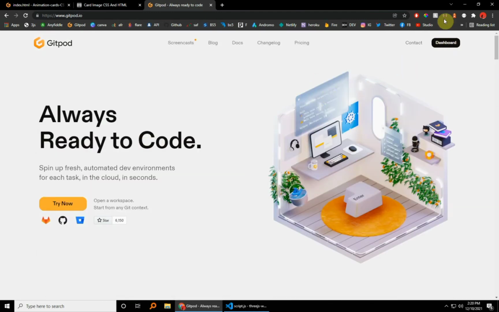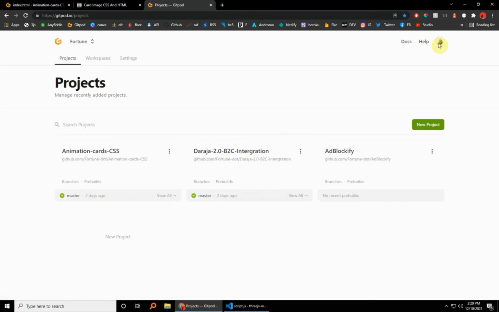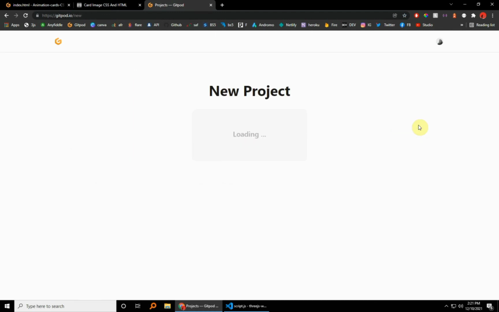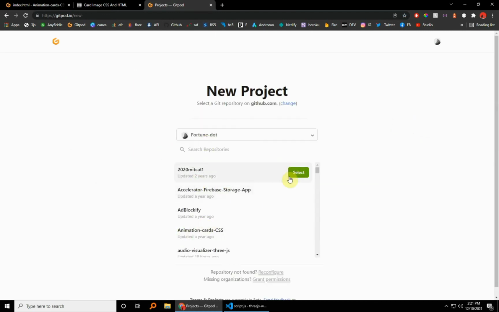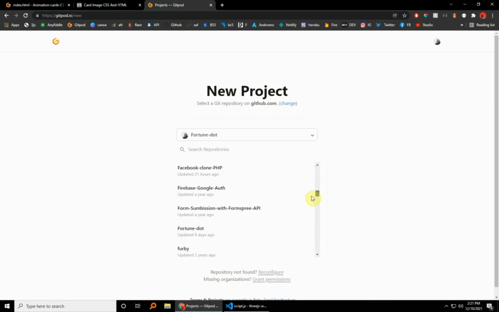So all you have to do is create an account, and once you're done creating your account, you'll have access to a dashboard. And in this dashboard, you will be able to import projects directly from your GitHub after you've connected it. You'll be able to import repositories directly from GitHub and start working on them. As you can see, these are all my repositories. If I decide to hit on new project, Gitpod has access to all my repositories. So all I have